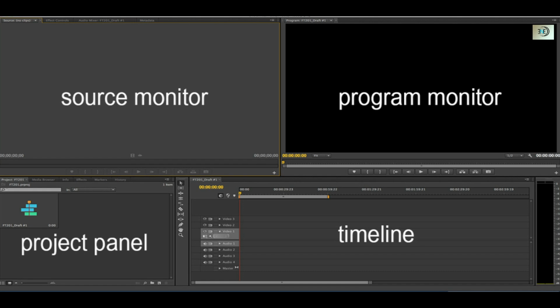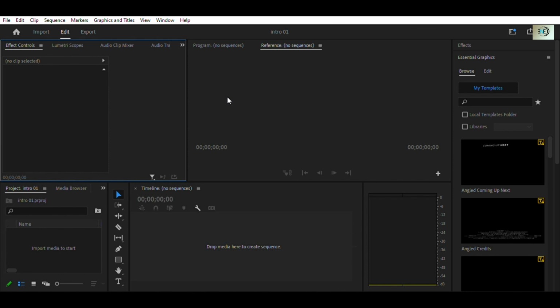आज हम Adobe Premiere Pro के बारे में पढ़ेंगे। Adobe Premiere Pro was one of the first computer non-linear editing apps। इसमें सारे एडिटिंग हो सकते हैं इस ऐप के थ्रू। इसके बहुत सारे पार्ट्स होते हैं लाइक फाइल, एडिटिंग, क्लिप, सीक्वेंस, मार्कर, ग्राफिक एंड टाइटल, व्यूज, विंडो एंड हेल्प। इन सब के बारे में मैं आपको बताती हूँ थोड़ा थोड़ा।